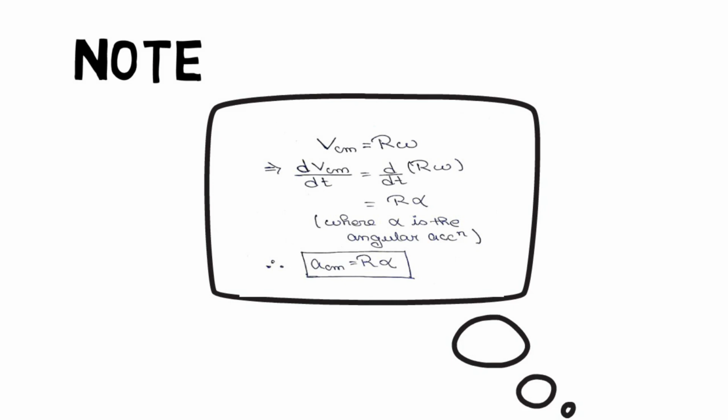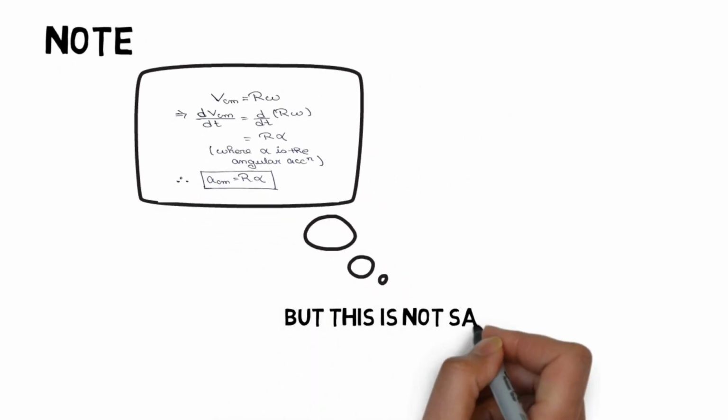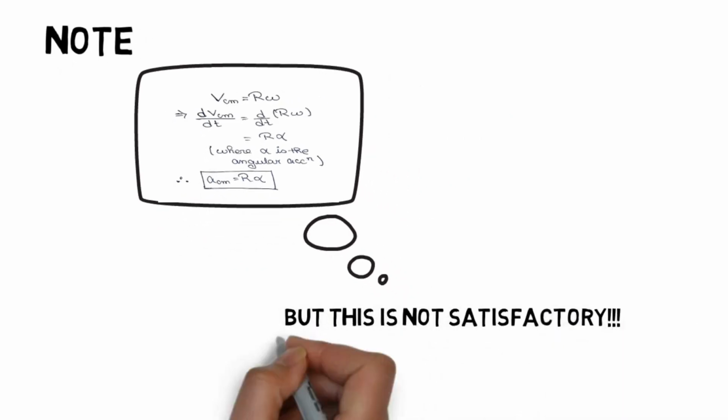Here ACM is the acceleration of the center of mass of the disk, and alpha is the angular acceleration with which the disk is rotating. So from here you can think that this is another condition which is sufficient to state that the disk is executing pure rolling, but it is not,